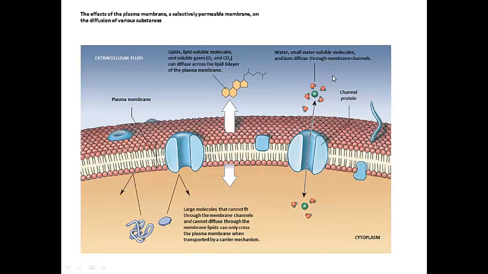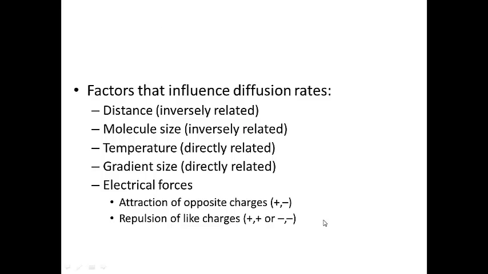Small water-soluble molecules and ions can pass through membrane channels. Some of those may be controlled, as for sodium and potassium reactions and stuff like that. Large molecules cannot fit, they cannot diffuse, and there can be facilitated diffusion, there can be active transport, there can be stuff going on to allow those. Okay, and again, factors that influence the rate are the distance that they have to travel, the size of the molecule, maybe what the temperature is for the organism, the size of the gradient, the electrical forces,